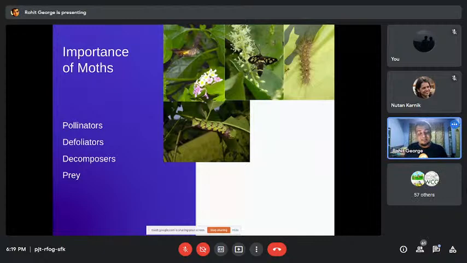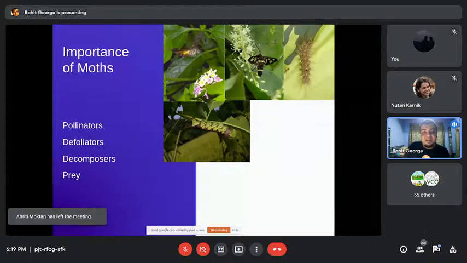So even from a forest dynamics point of view, from what is actually contributing to the loss of leaves in the forest, the ability for new plants to grow, all of those things, butterflies and moths, the caterpillars, have a huge role to play in that. So defoliation is a very important role they play. In some instances, these can be considered pests as well, because for example, in lemon, there are some butterfly caterpillars which can completely eat all the leaves of that plant. Very few species are involved in this, but defoliation is one of the biggest impacts they have in an ecosystem.